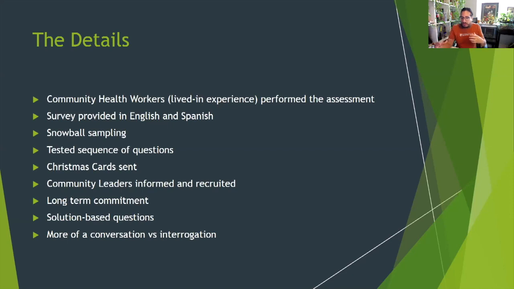And we did a lot of role playing and a lot of practice with the community health worker team to make this more of a conversation and not simply an interrogation. If a participant would answer a question that was towards the end, we would be skipping all around to make it seem very fluid and not have to ask those questions again. When doing these interviews, it's really important to be mindful of that, and you can get better answers when people feel comfortable sharing this as a conversation.